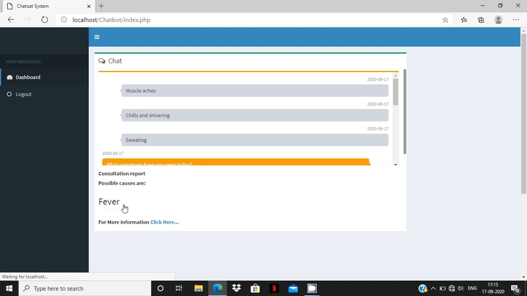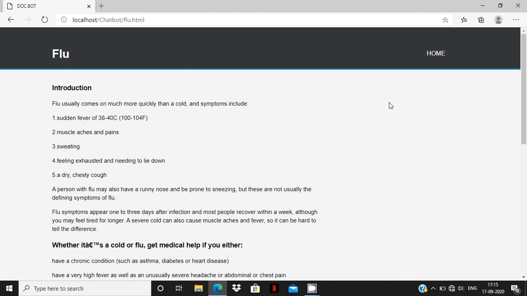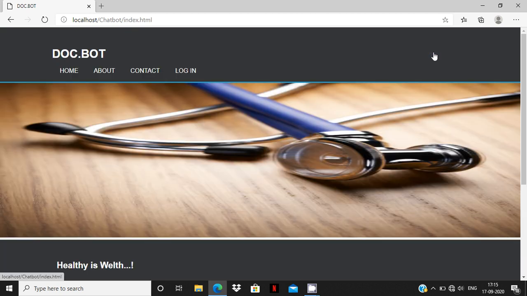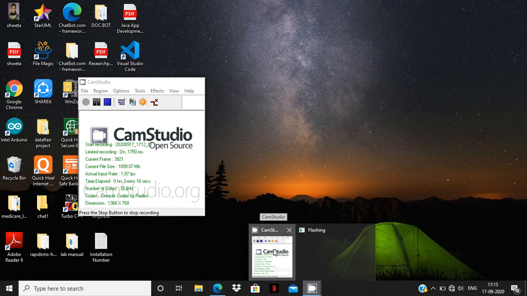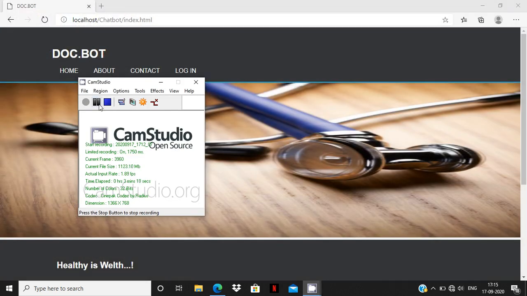Then on the basis of the symptoms provided by the user, the bot will give the consultation report, in which possible causes are mentioned, with the note, for more information click here. After selecting the link